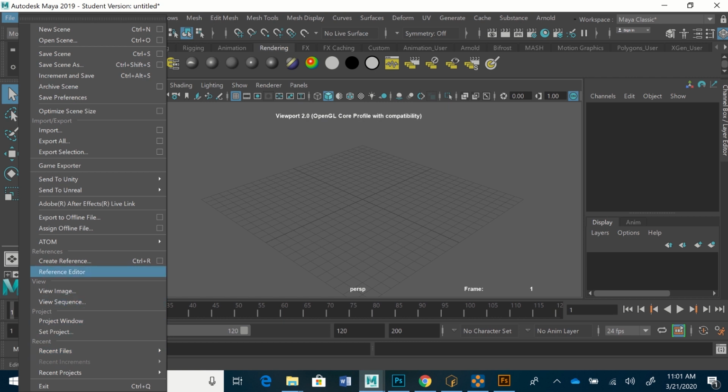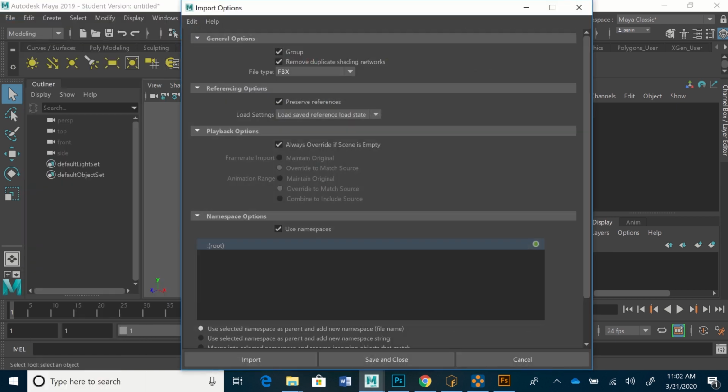So I'm going to go to File, and I want to import this in as an FBX. So when you go to File, Import, you're going to want to choose FBX out of the list of different things. Don't use best guess usually. I mean, you can try it, but I like to, if I know it's an FBX file that's coming in,